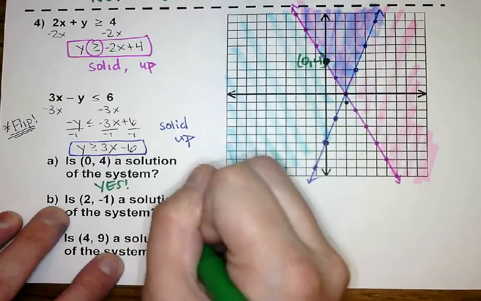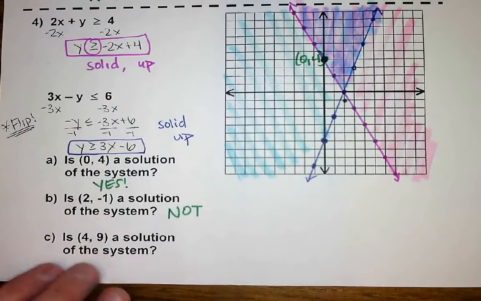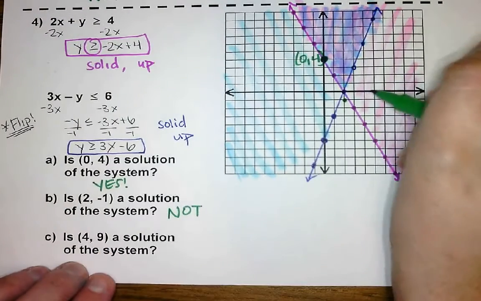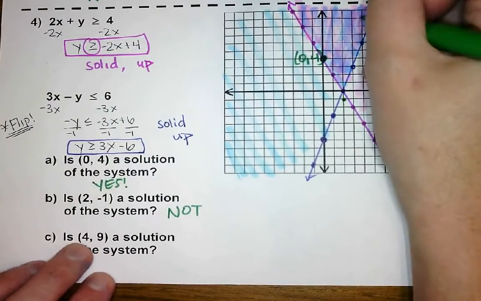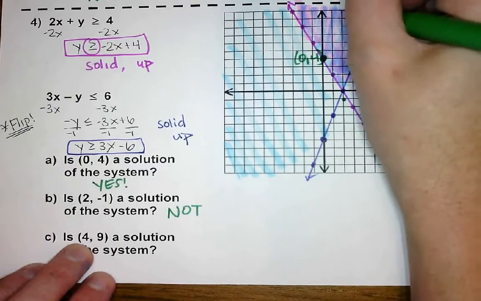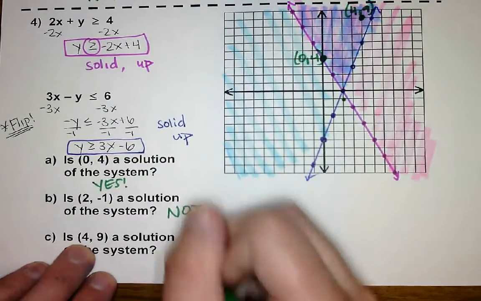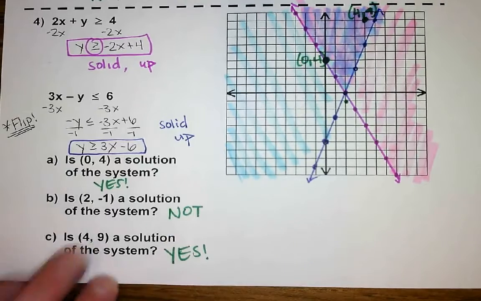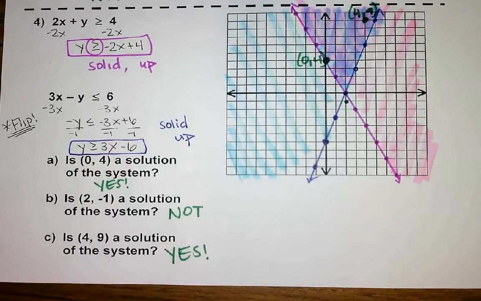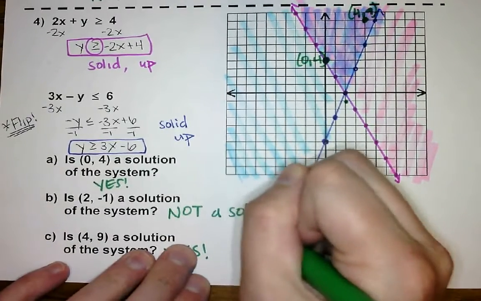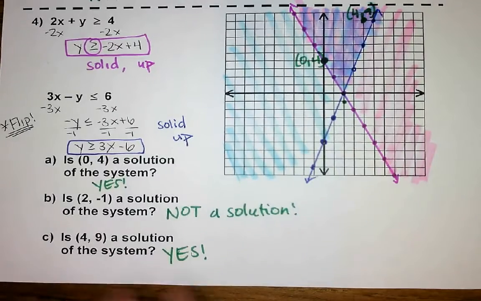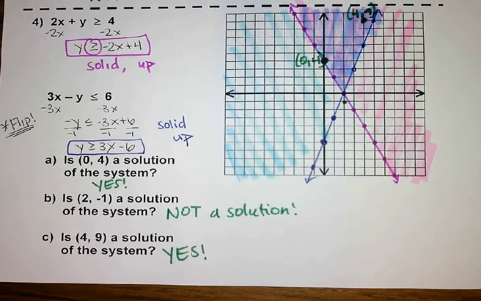And then 4, 9. 4 all the way up here at 9. That guy is solidly in that double shaded region. So that one is a solution. All right? So are you guys comfortable with this here? Excellent. All right. So now guys, I want you